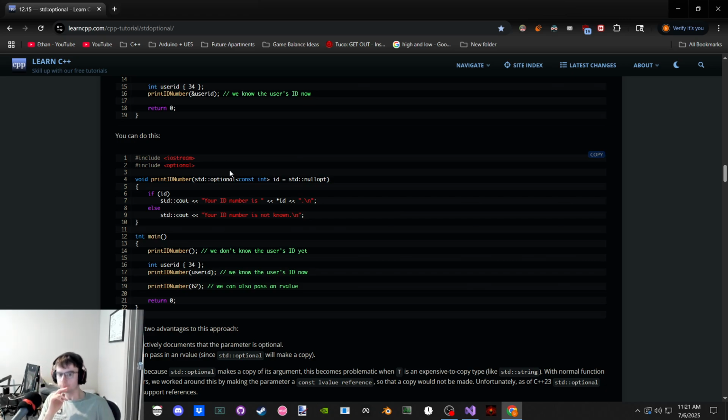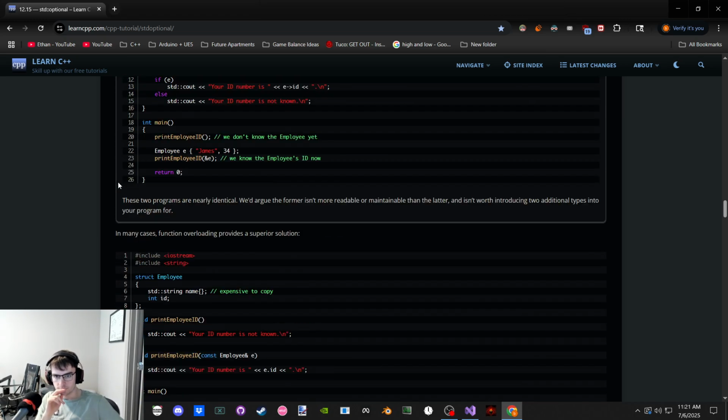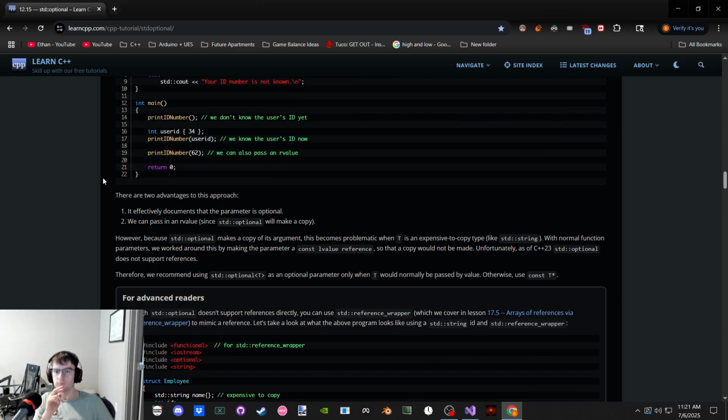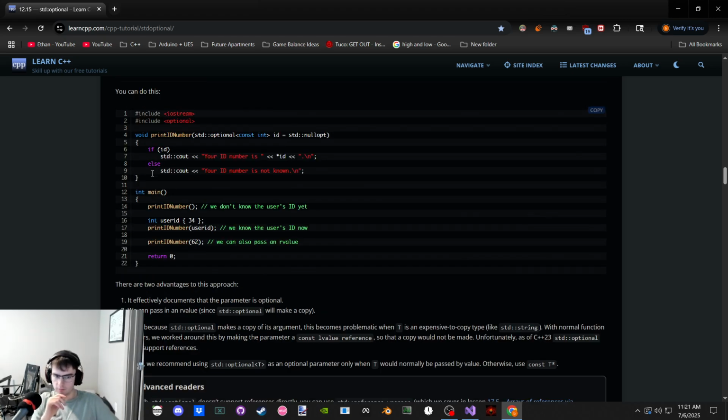Yep. Here's a little bit about what I was thinking. Because it makes a copy of the argument. That's the problem here. We're not talking about a pointer. We're saying that we're actually copying the value. When it's a string, we might just want to do a pointer to a standard string initialized with no pointer. Yeah, it's exactly what I said earlier, actually. With normal parameters,